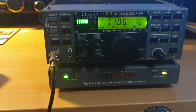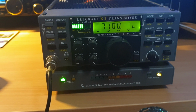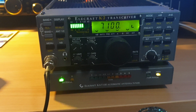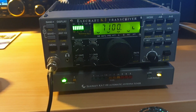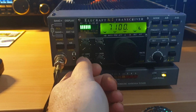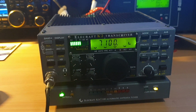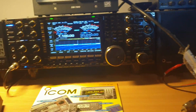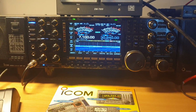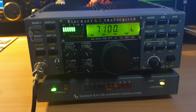Pretty noisy here at the moment, to be honest. It's not the band. If I go up to the shed at the moment, the band is quiet. Something in the house is giving me some trouble. As you can see, it's got a fair bit of hash level. I was running the 7850 before on the net, and not realising the time, I thought I'd just